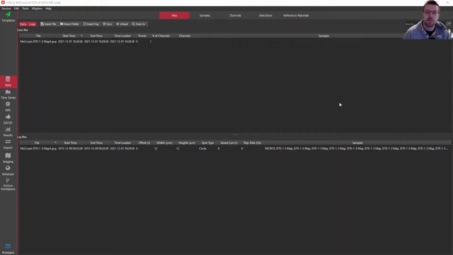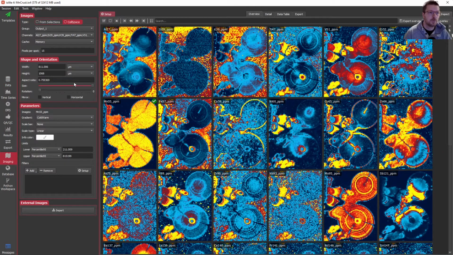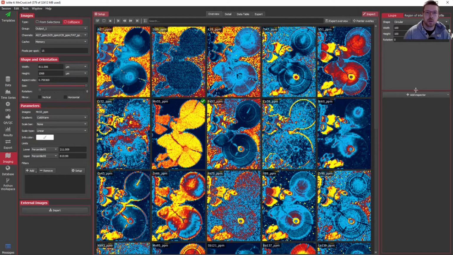To begin, let's have a look at some of the built-in imaging inspectors so you can see where to find them and how they work. In iolite, when we come to the Imaging tab, you'll find that there is a button in the top right corner that's labeled Inspect. If we click that, a panel will pop out on the right-hand side, and in the top part, you have some controls to change what you're inspecting, and in the bottom part, you have a list of inspectors. So the three different modes of inspection are loop, region of interest,